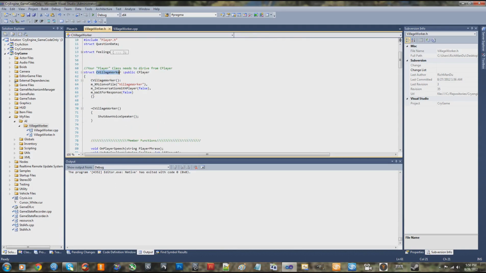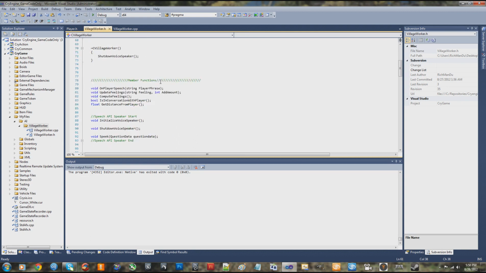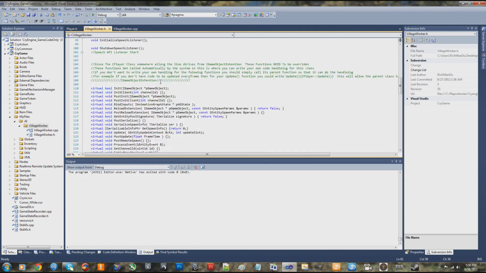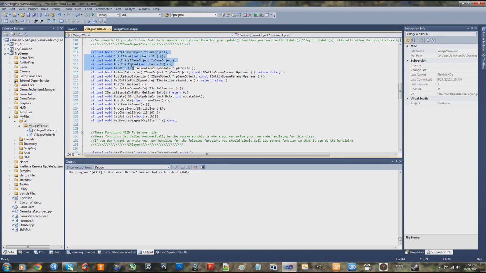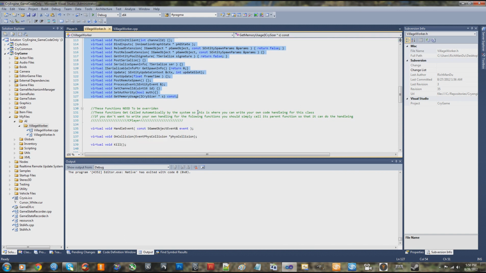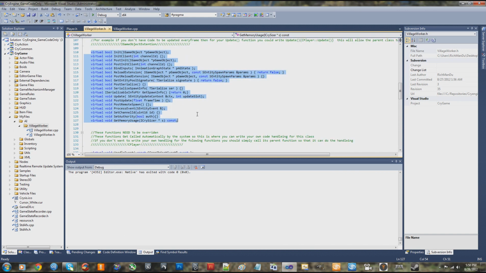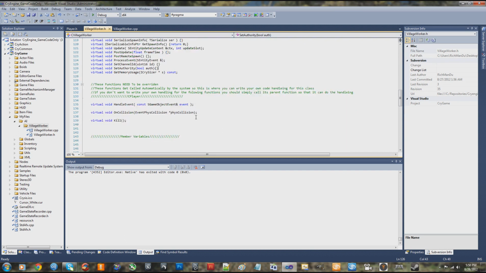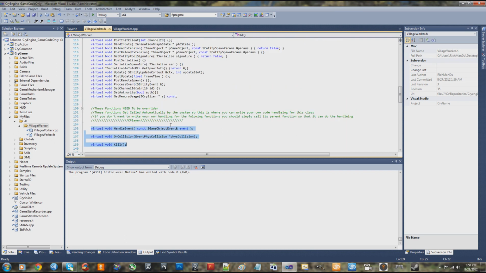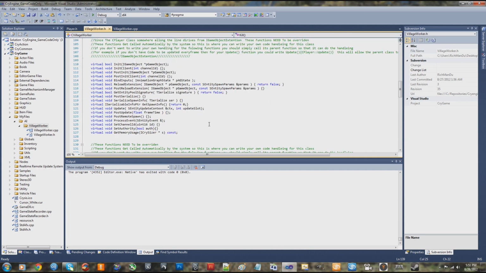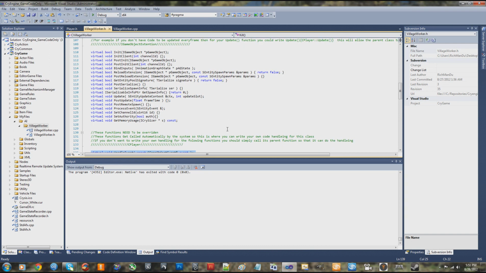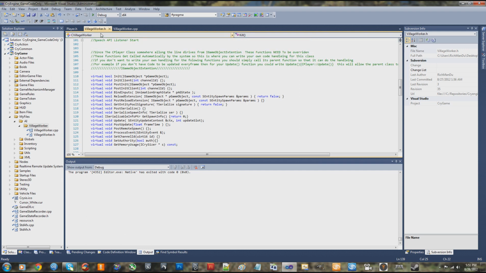Create your own class, include player.h, derive it from CPlayer, and then override all of the functions from the CPlayer class. That's it. That's all you got to do. And this is part of it too. Override all these functions. Pretty cool, in my opinion. Now you get your own custom class. Next, what you're going to want to do